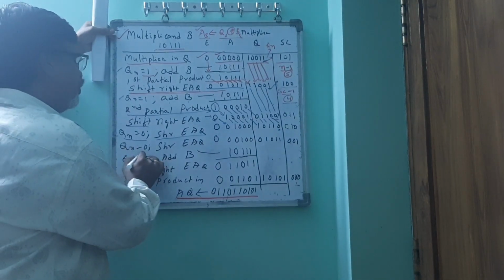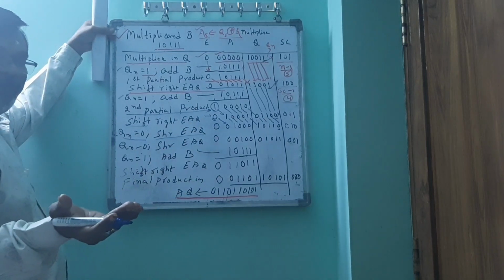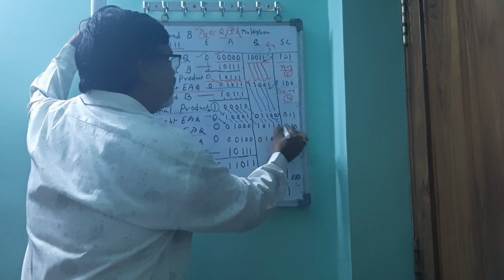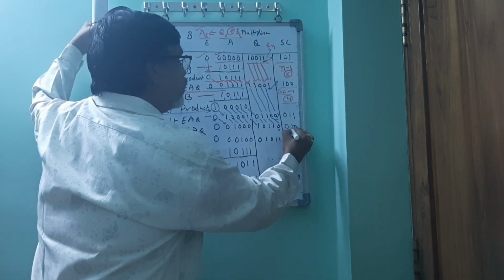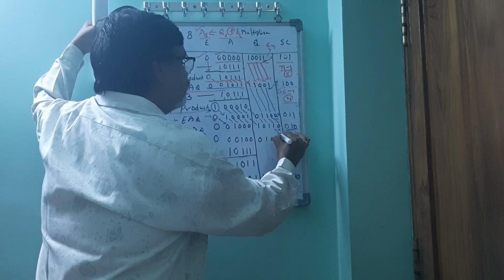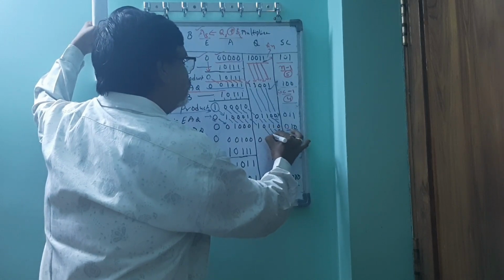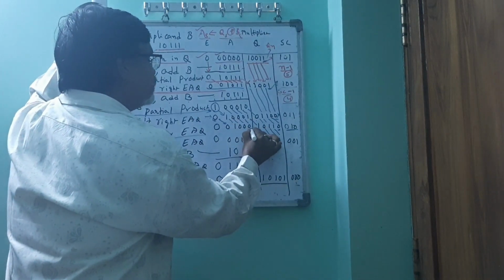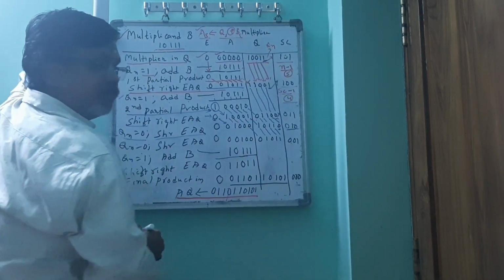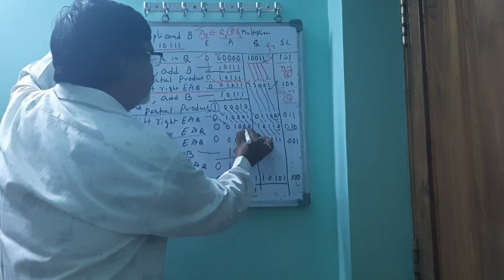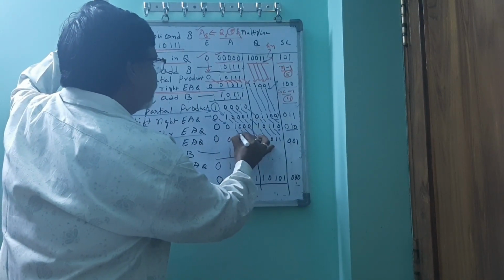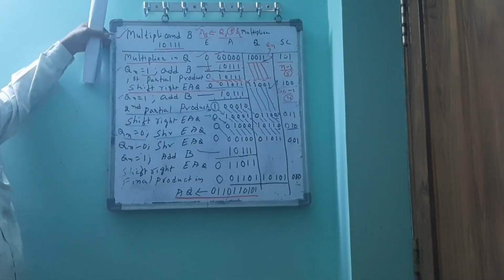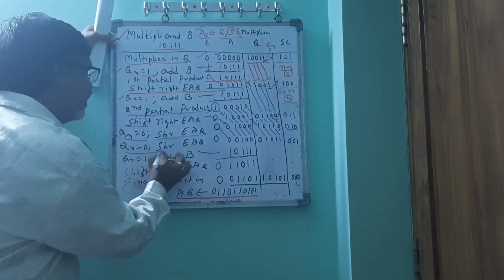When Qn = 0, again no need to perform any addition, simply shift right again. So shifting right, the SC value now becomes 2. Shifting right, 1 there, 0 here, and then again the least significant bit of A is moved to the most significant bit of Q. Then this is here, this is here, this one is here. No addition is performed, no carry is generated, so it stays as it is. Now this is also over.